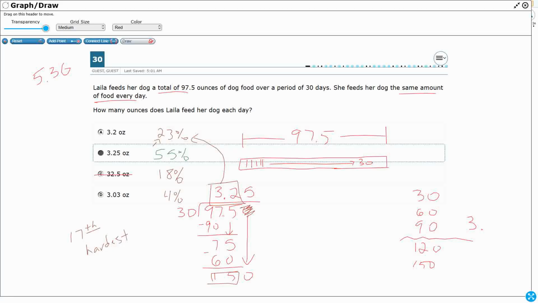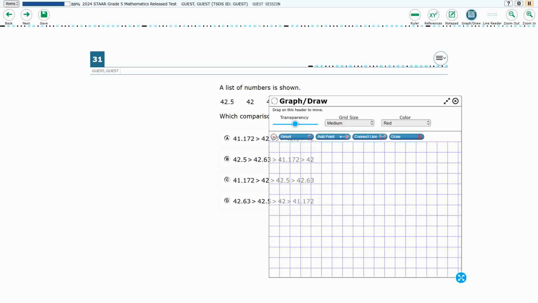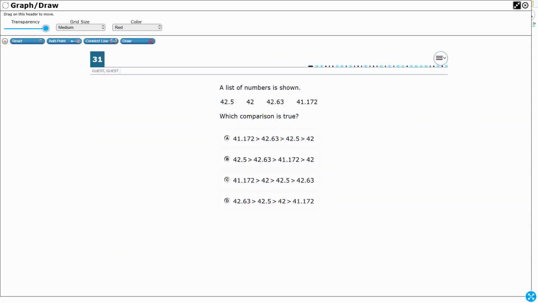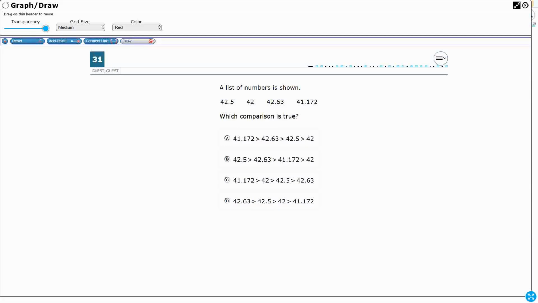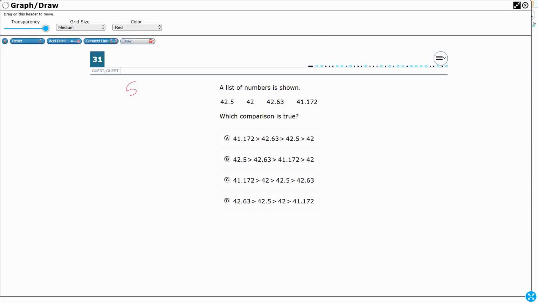For number 31, we are comparing and ordering decimals. This is standard 5.2b, and we've got a list of numbers, and we simply need to find which comparison is true. And you notice they are all listed with the symbols going this way, which means greater than, right? So this is greater than, this is greater than, this is greater than. So without it telling us, we need to know that we need to have from greatest to least. Since each number to the right is supposed to be smaller than the number on the left,